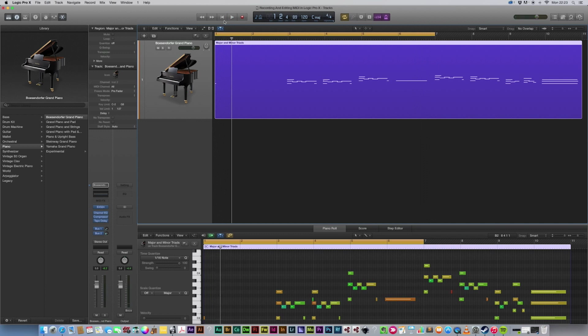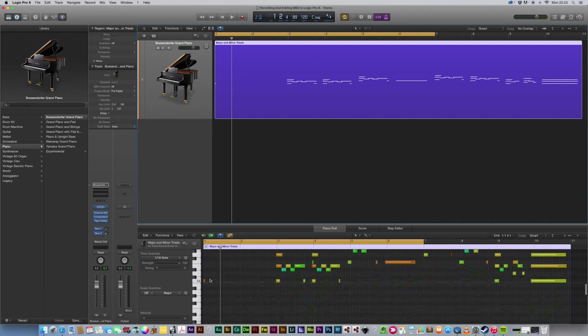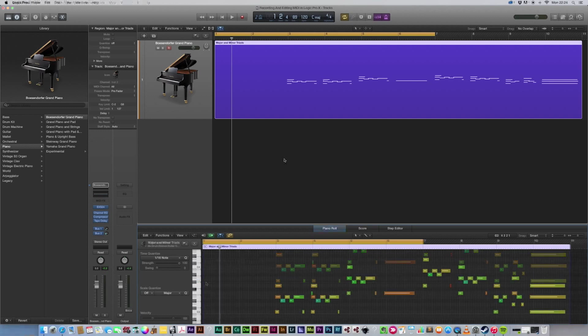And already there, I could hear a note that I didn't want to be there, and that's this note at the start. So I just highlight that and press backspace, and it's gone. The other thing I noticed with my performance is that I was slightly out of time. I was often before the beat, particularly here and here,